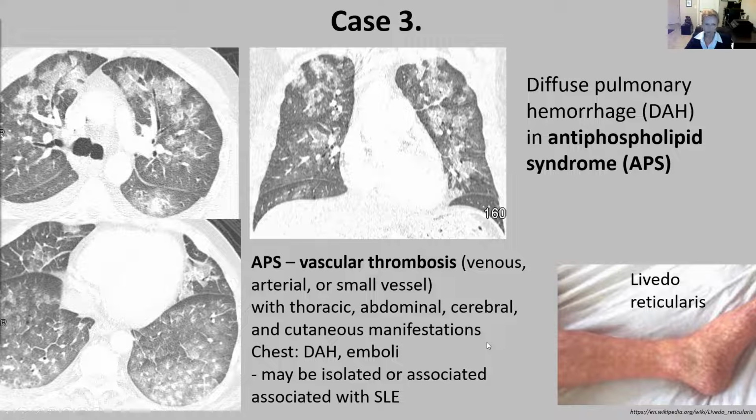Manifestations are seen in the abdomen. Patients have cutaneous and cerebral manifestations as well. This can be an isolated syndrome or associated with SLE. And for this appearance, obviously, there is a differential that includes not only diffuse pulmonary hemorrhage, but pneumonitis, infection,